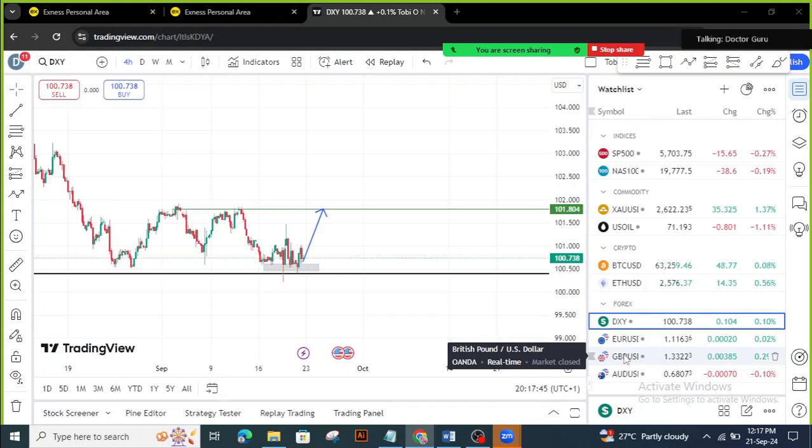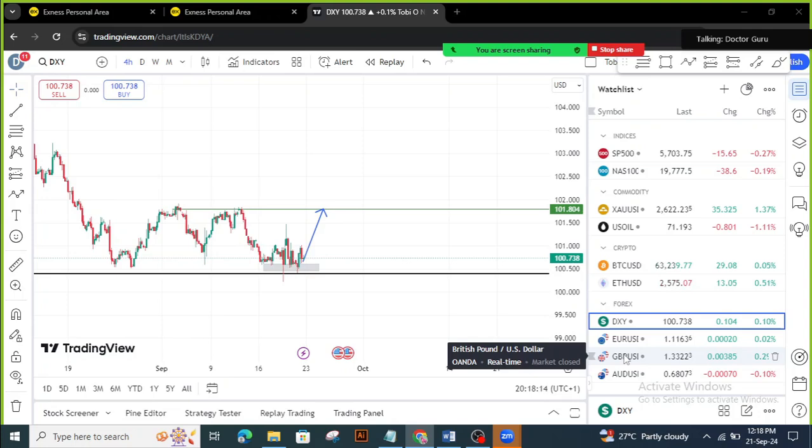The dollar index is not the only index that we have. First of all, let me tell you what the dollar index means. The dollar index is a basket of currencies. Different currencies are compared against just the US dollar. So it is the US dollar against every major currency that we have. It's a basket of currencies. So that is what we mean by